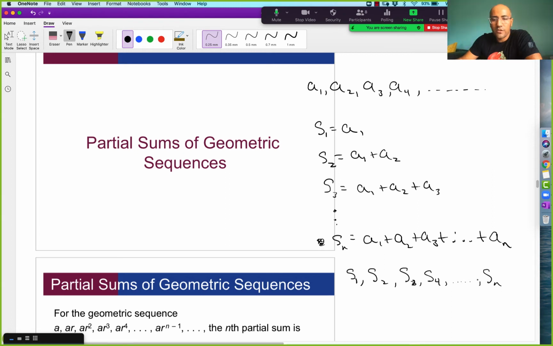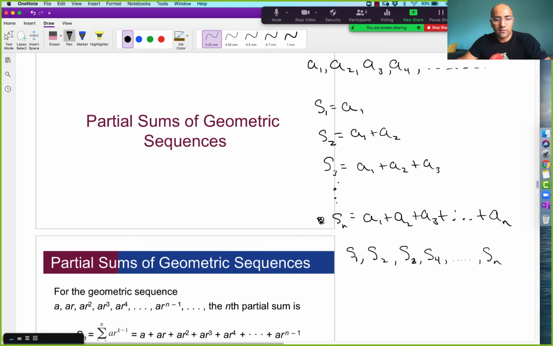So it's a new list of numbers where the order matters: the first one, the second one, the third one on my list, and where they happen to be defined in this way. There is an underlying sequence where this sequence is created in this manner. Good? Okay, so we're going to look at this sequence of partial sums when we are basing it off a